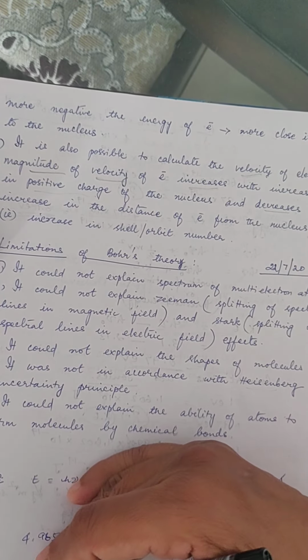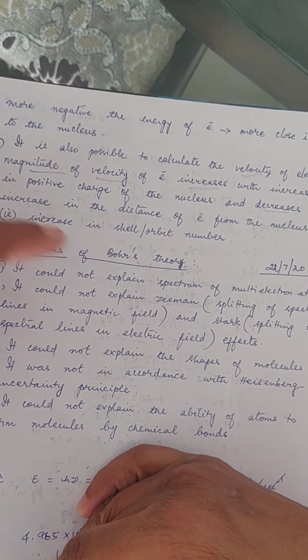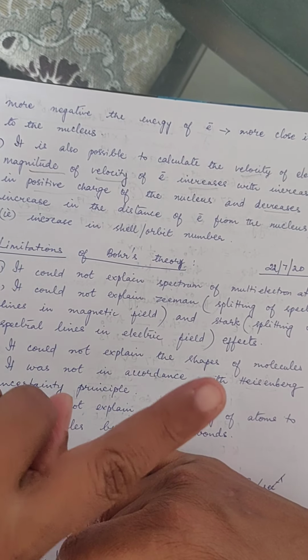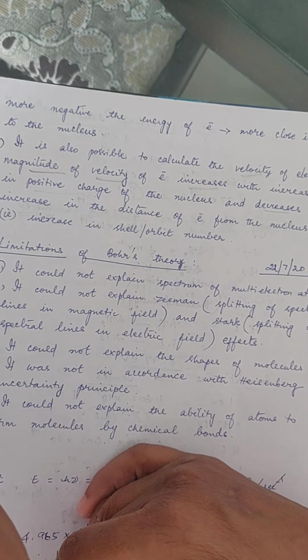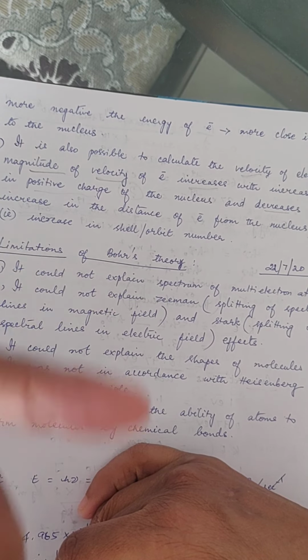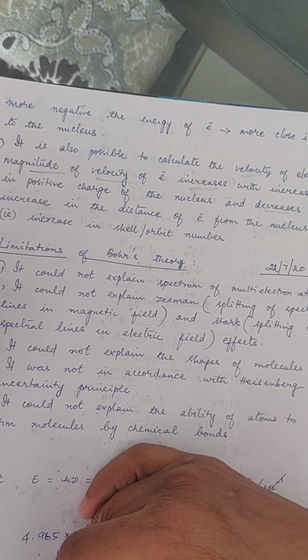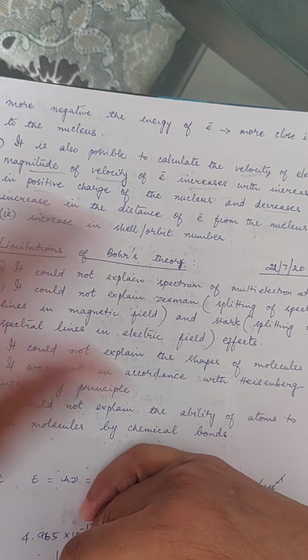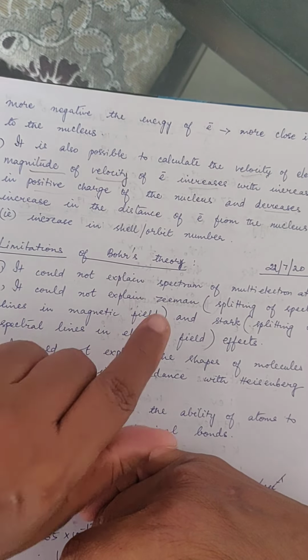Now, what are the limitations of Bohr's concept? It could not explain the spectrum of multi-electron atoms. He told only for hydrogen-like species, but he could not explain that of lithium or beryllium. As such, those atoms he could not explain. It could not explain Zeeman effect and Stark effect. Now, what is meant by Zeeman effect and